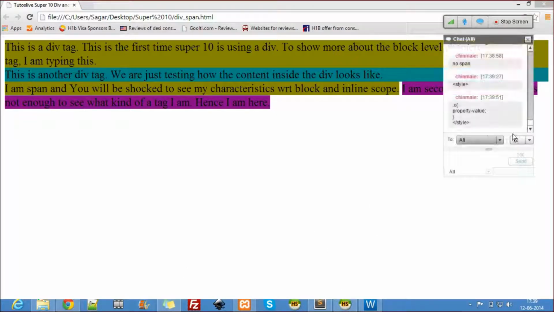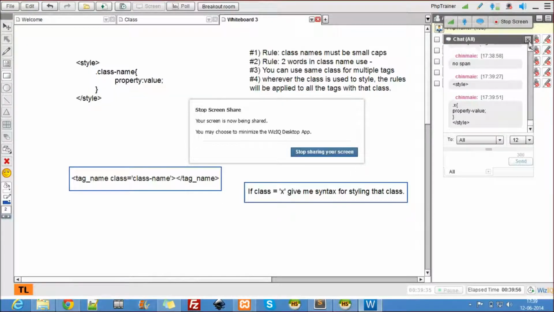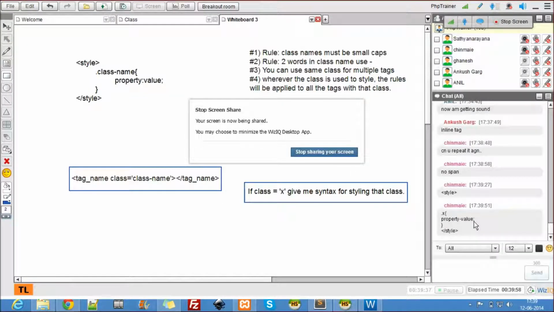So dot x, property, value. Okay, great. Who else is answering? Nobody's answering here. Anil? If class equal to x, give me the syntax for styling that class.